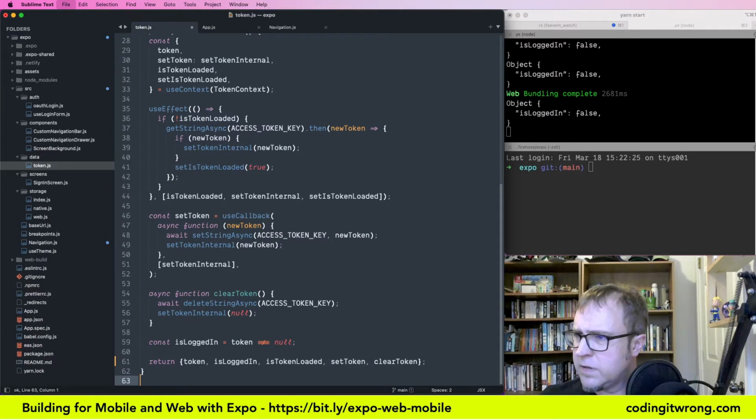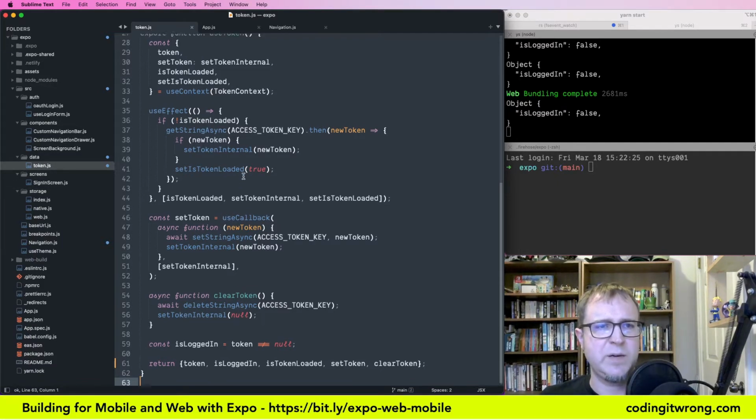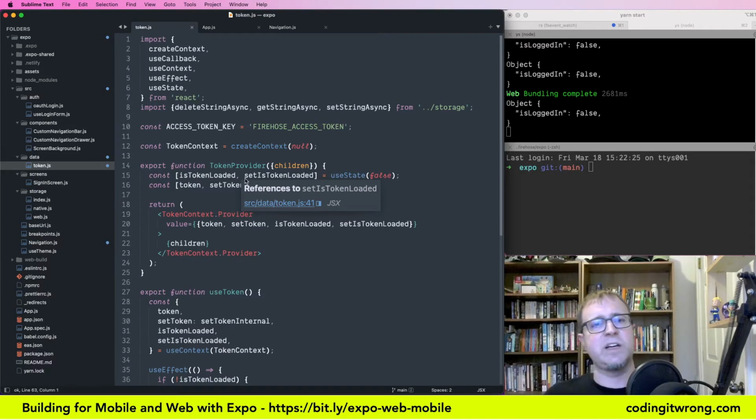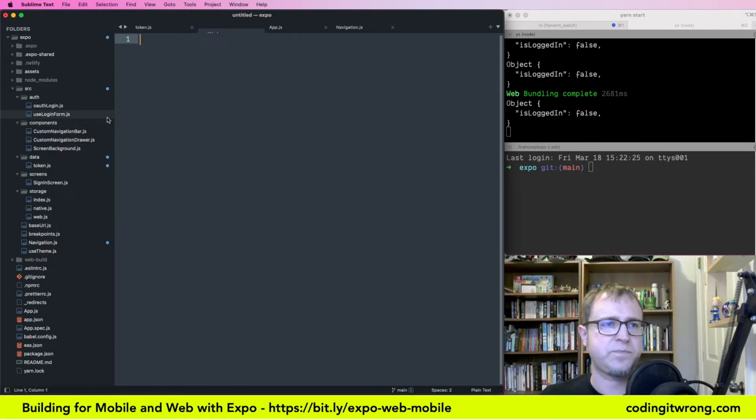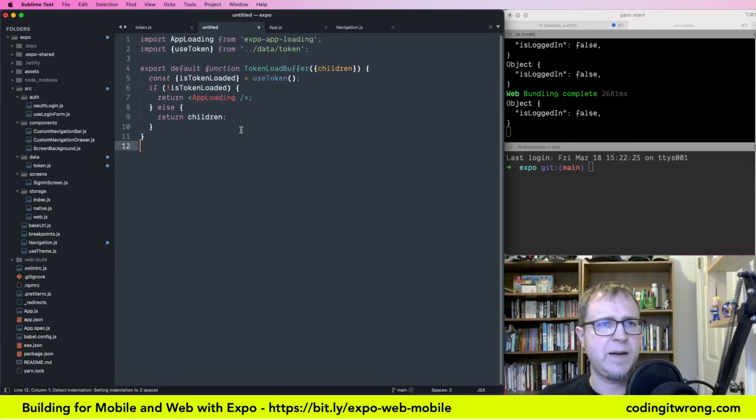Now, TokenLoadBuffer, this component, it kind of feels like I could loop that into this token layer here, but I think one reason I separated it out is it is React Native specific. So that's one good reason to separate it out, because I am thinking of pulling this token module out into a reusable NPM package. So let's put app TokenLoadBuffer.js